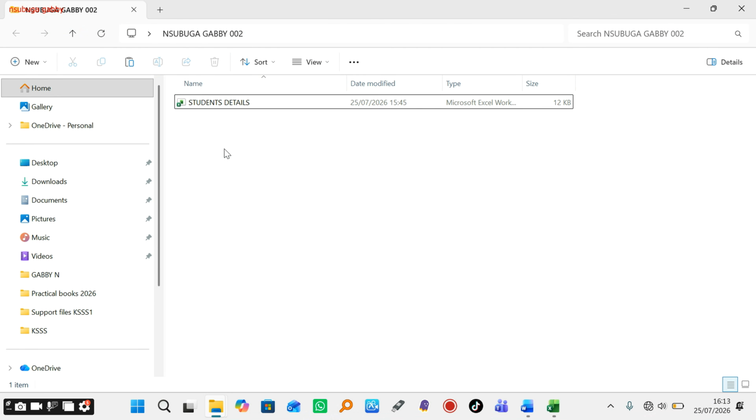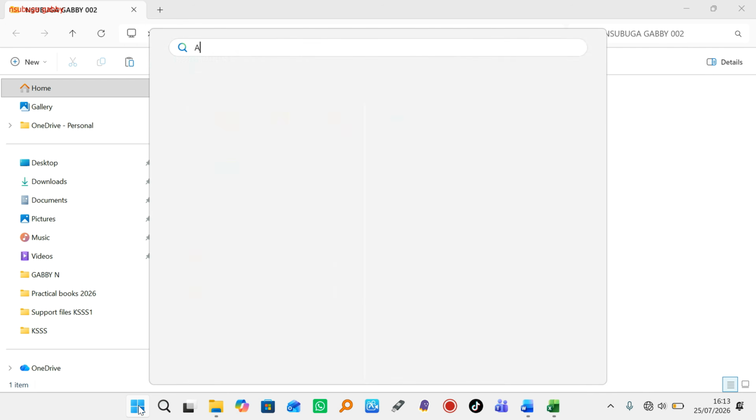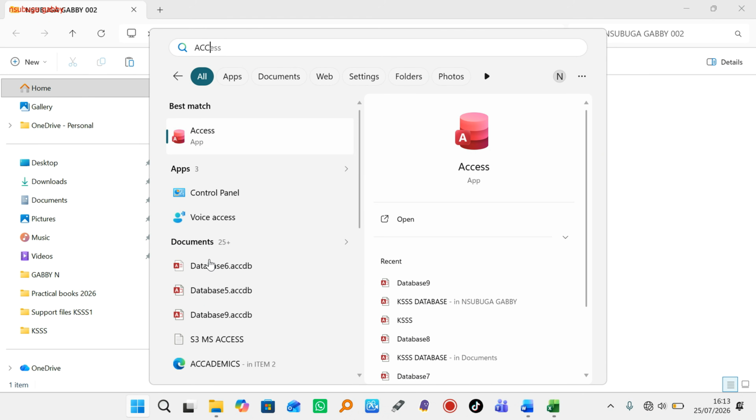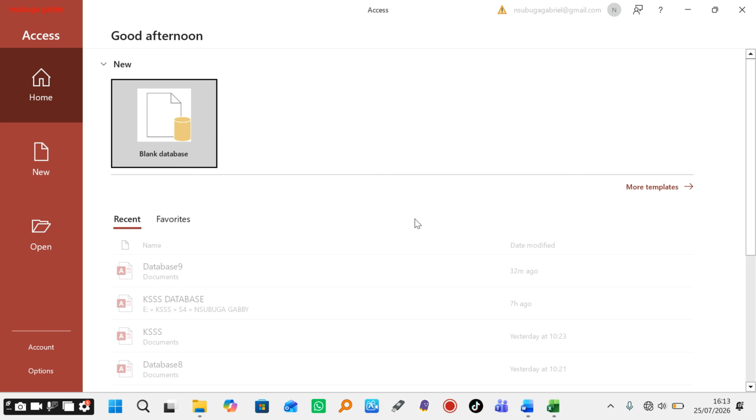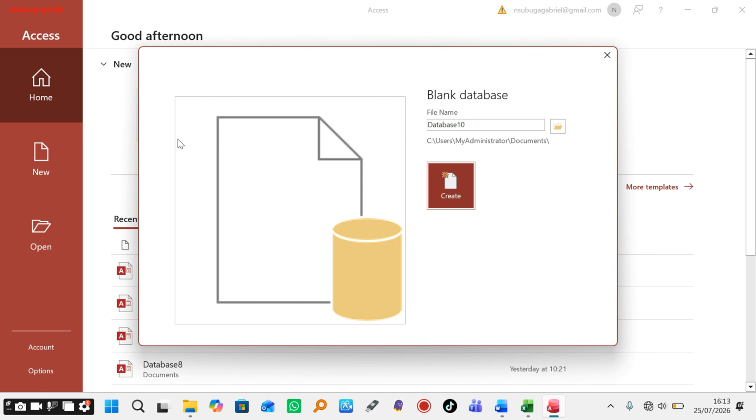So we are going to come to the start menu and then type ACC so that we can open a Microsoft Access file like this. Click in the blank document. We can call this KSS database,